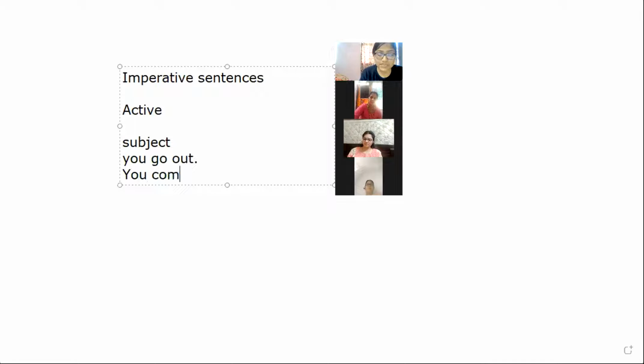These are the sentences you will be speaking. You speak them most of the time with your kids, and teachers speak them with their students. Open the notebook, close the door, come in, sit up, stand up. These are called imperative sentences, and for imperative sentences you just have to start with the verb.